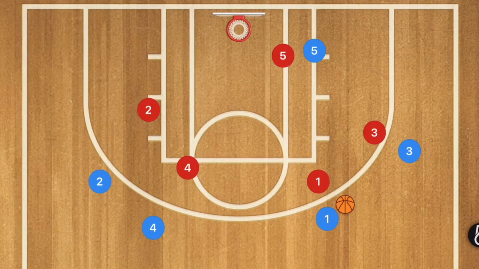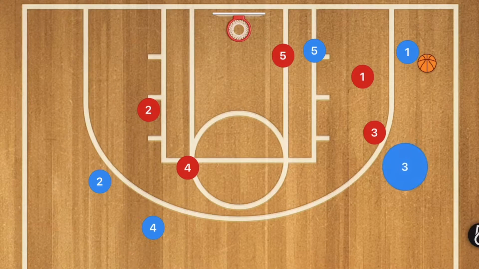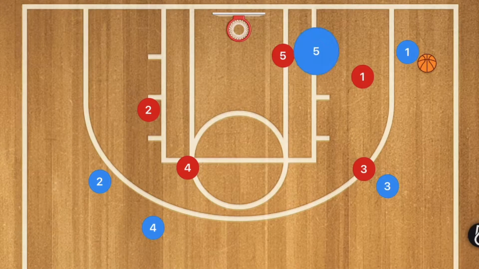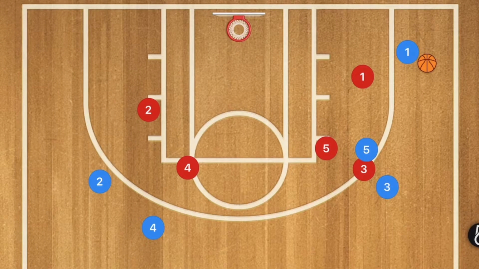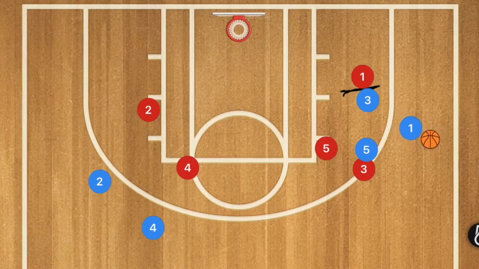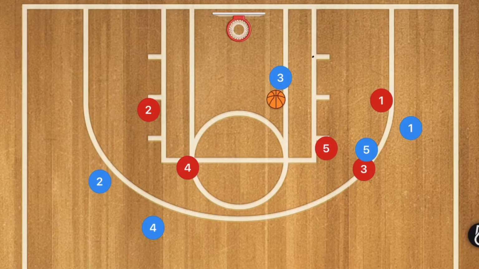Now, in our third play, this is going to be a triangle offense. I do really like the triangle. So we're going to first have player 1 pass to player 3. And player 1 is going to cut down to that corner where player 3 will pass him the ball back. Now what's going to happen is player 3 is going to take a step or two higher, which will allow player 5 to go and set a screen for player 3. Then player 3 is going to set a screen for player 1, who's going to use that screen, and player 3 is going to roll off. At this time, player 1 may be open for a shot. If he is not, then we have player 3 who should be open,